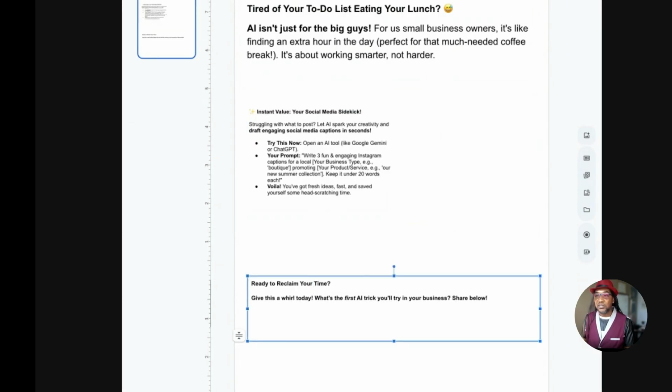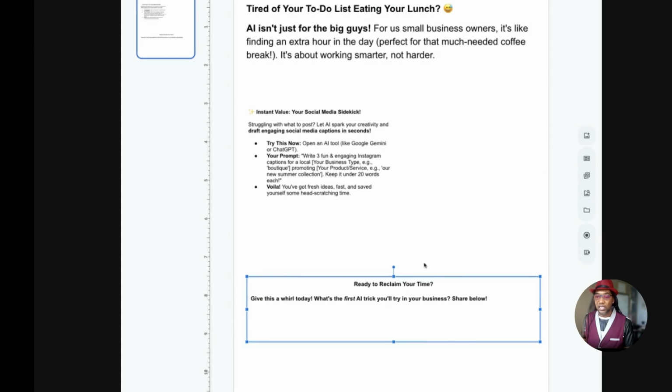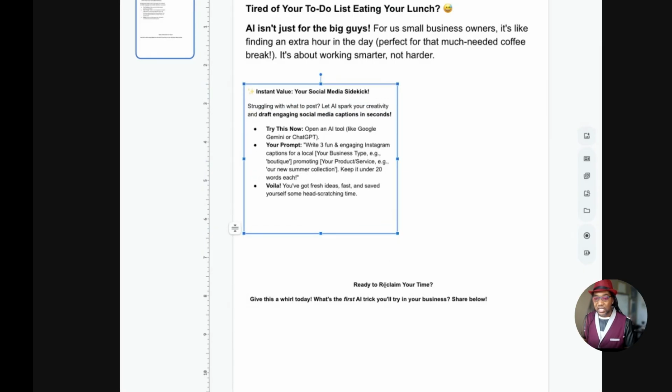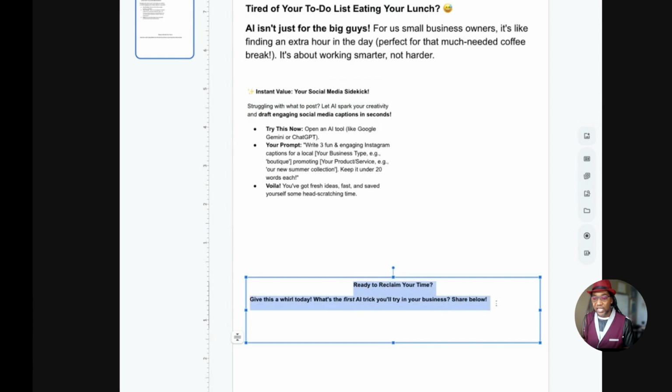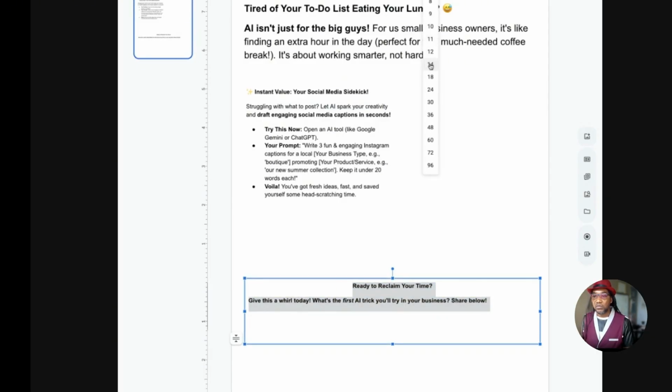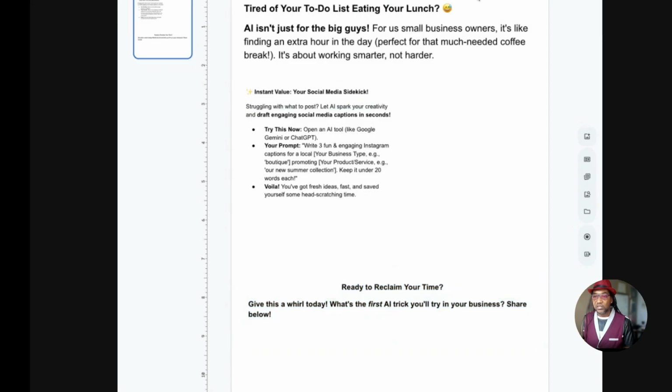I'm going to make that centered. There it is. Did it get everything? Yeah. All right. And I want this to be a tad bit bigger. I'm going to make this a tad bit bigger. And then, since this is the call to action, I want this to also stand out. Okay, also stand out, and here we go. I'll go 14 for this one, and it's large and it's just ready to go.